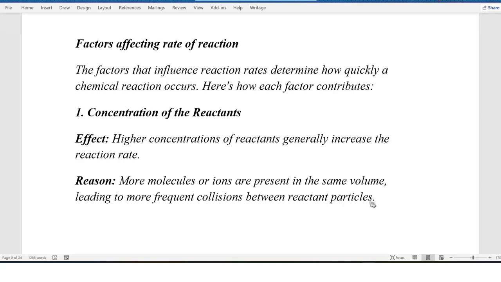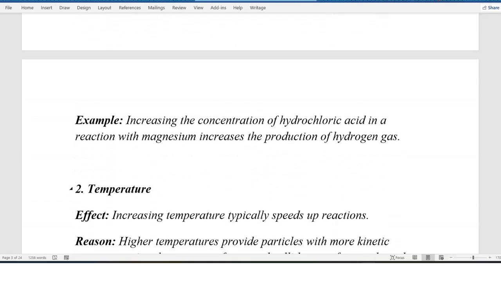between reactant particles. So you see, during the chemical reaction, the reactant particles are colliding because they have energy, they are moving haphazardly, colliding with each other. Therefore, if we have a number of molecules per unit volume, you are going to have a lot of reactions taking place. So the higher the concentration of the reactants, generally, the higher the rate of the chemical